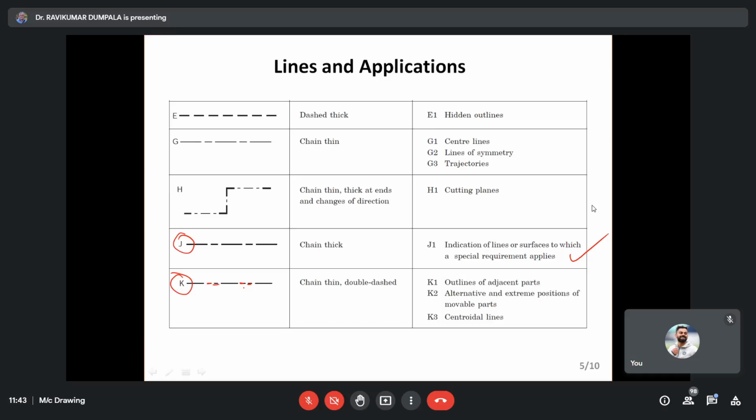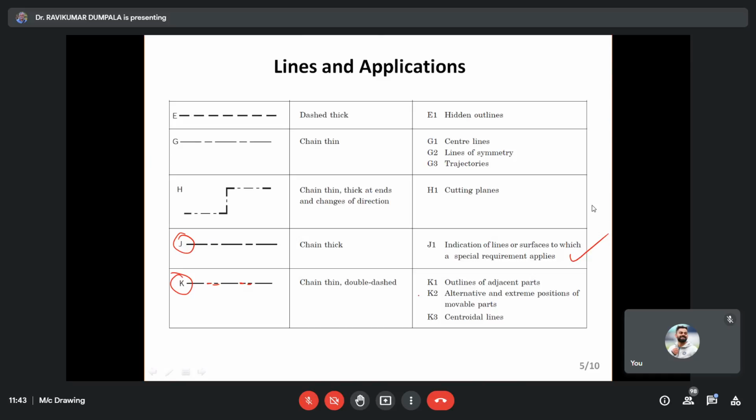Suppose in an assembly drawing, you're drawing only main component one, but you want to show the mating part also. In that case, because you're drawing only the part drawing, you're not supposed to show the mating parts in dark lines. In that case, you have to use these lines. That indicates outlines of the adjacent part. Where is K1? K2 is,